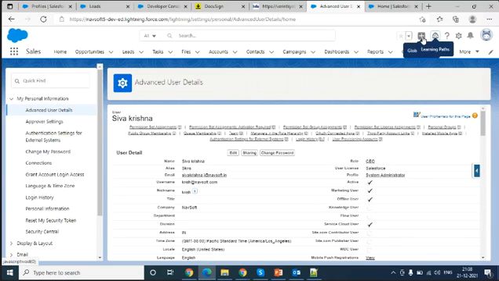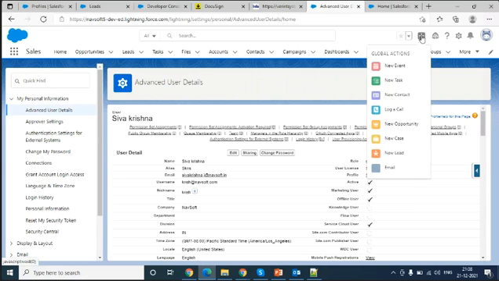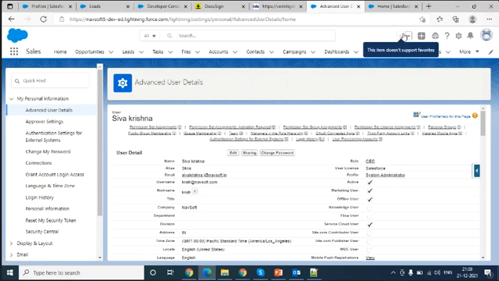This is like global actions. Global actions in the sense, if you click this one, you can directly create a record rather than going and creating a task and all; you do that directly from here itself. Okay, and there are a few things you can keep as a favorite, and those favorites will be listed over here. These are the sections, and these are the icons, the meaning for each one.